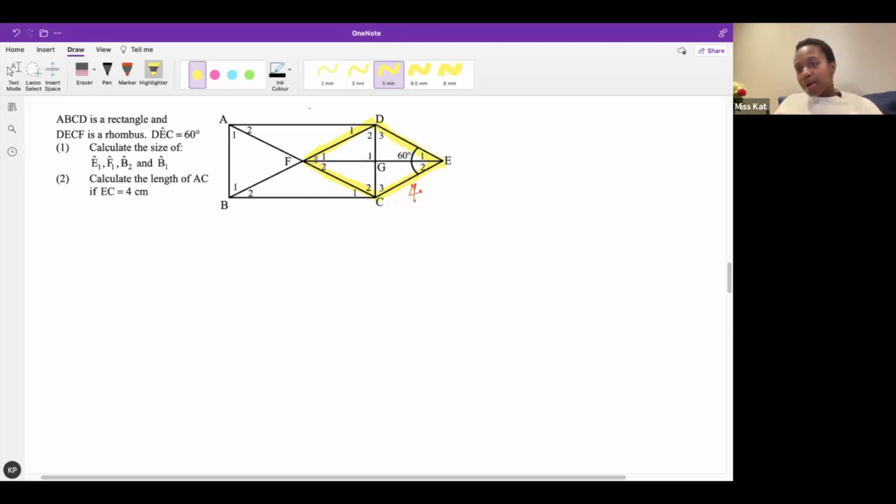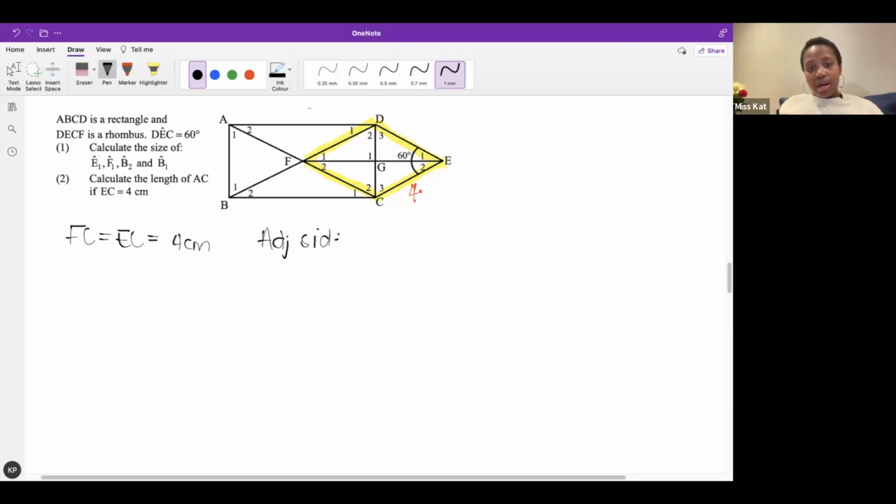Equal. Do we remember, guys? Sides of a rhombus are parallel and equal, okay? So if EC is 4, therefore FC is also 4. So then we can say FC is equal to EC, which is equal to 4 centimeters. And my reason is adjacent sides, so sides next to each other, adjacent sides of a rhombus